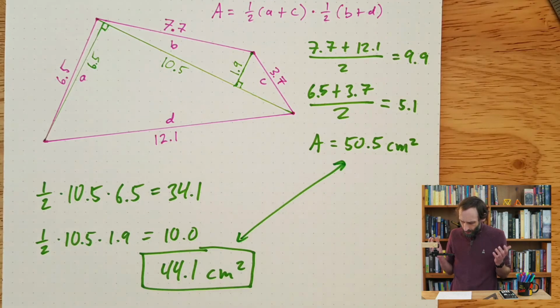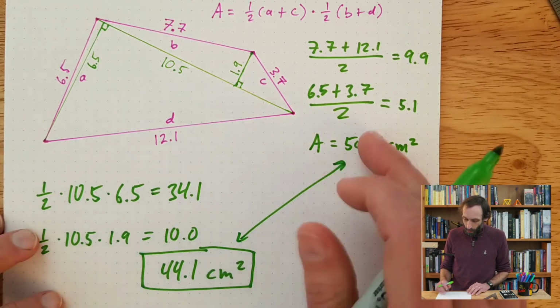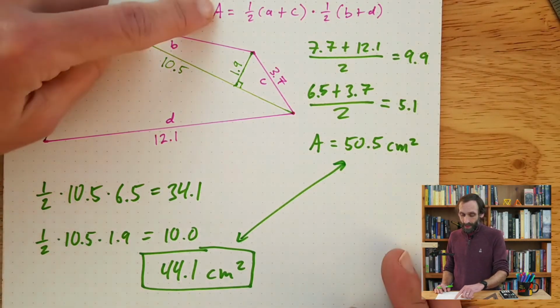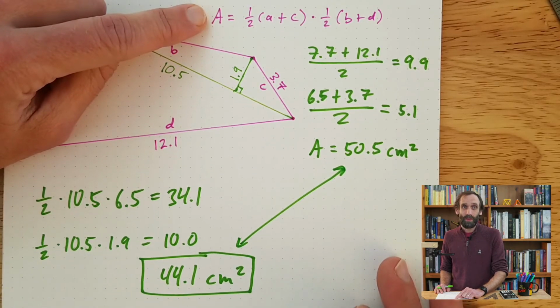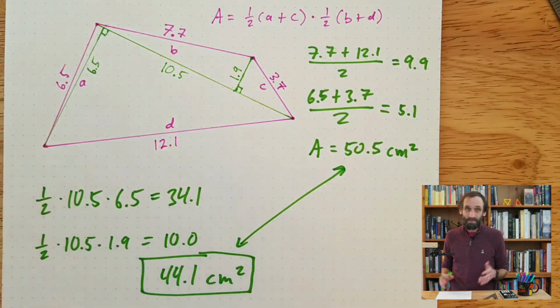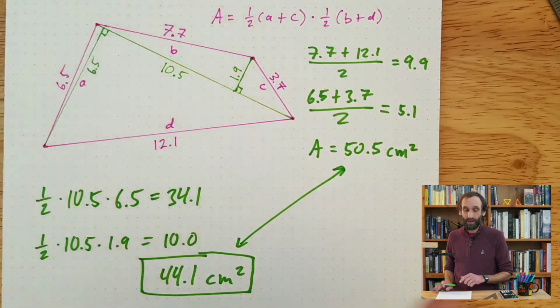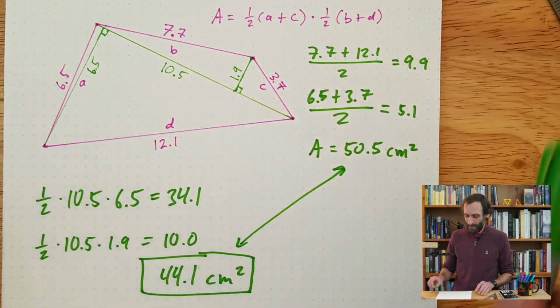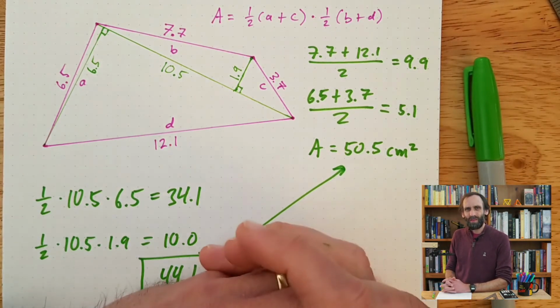And so what does that mean? I mean, it must be the case then that one of these two answers is just wrong. So is this formula even correct? Maybe it isn't. And it turns out, yeah, this formula is wrong. This is not the correct formula for finding the area of a general quadrilateral, which sort of begs the question,